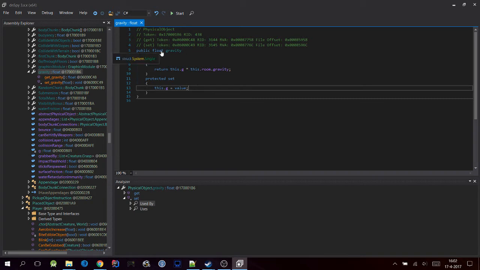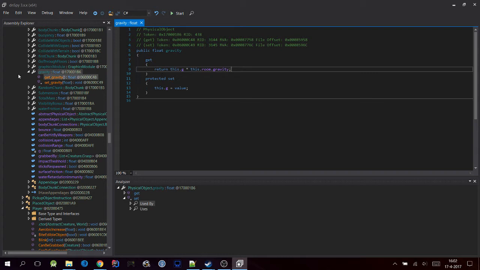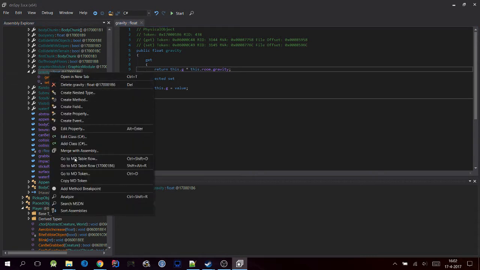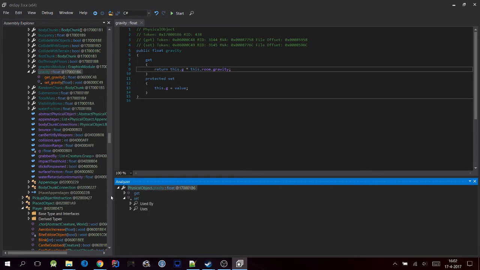And if people are trying to find out how heavy gravity should affect you, and they try to read this number, what they'll actually get is your personal gravity times the room gravity. So apparently rooms have their own gravity, which combines with your natural gravity, right? So we want to change this. So how do we do that? First of all, we need to find out where this value is set for our player. So what we can do is right click this, click analyze, and then we'll see gravity here at the bottom, and we can see for both the get and the set